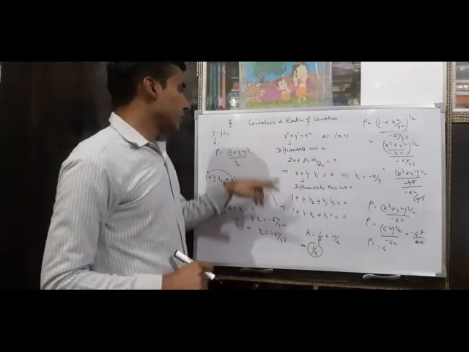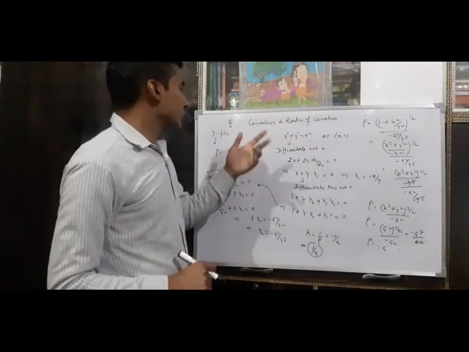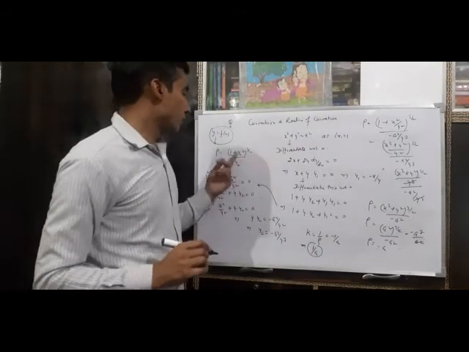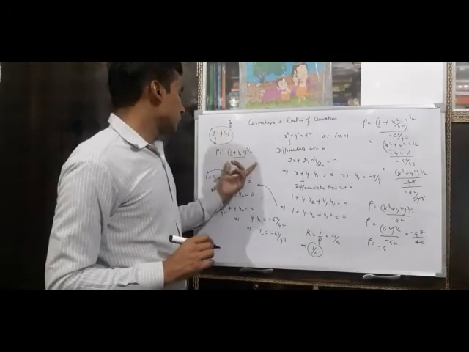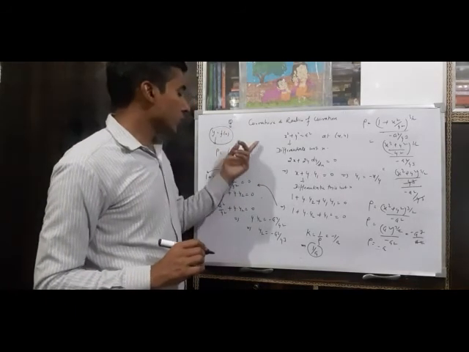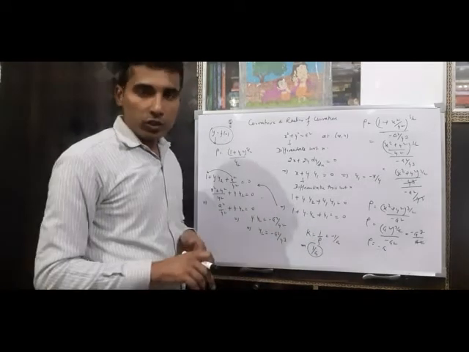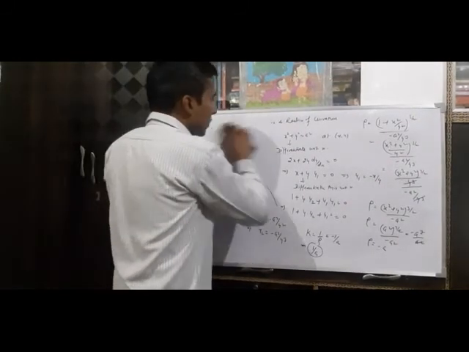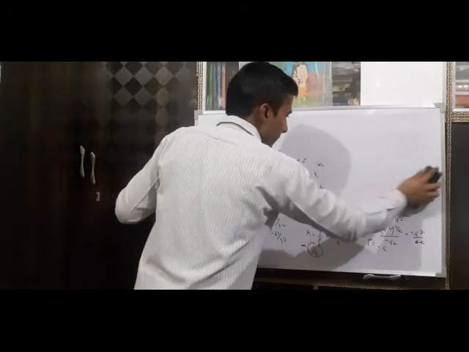So we get that to determine the radius of curvature as well as curvature for these types of curves, we have to determine the first derivative and second derivative and put these values in this expression. We get the value of the radius of curvature, and to determine the curvature we take 1 upon the radius of curvature. Now we consider another example, which is a curve of parametric type.